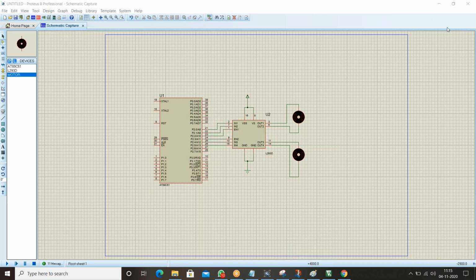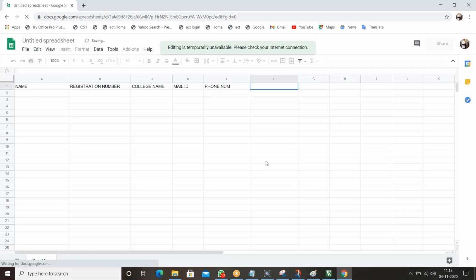I can't create the Google Sheet now. Let me see. Editing is temporarily disabled. Please check your internet connection. It's showing like that. Okay, I'll do it later.